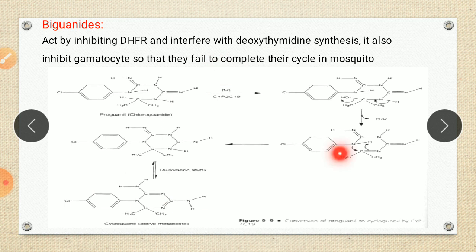So this is the activation reaction. In this reaction the drug is proguanil. In the first step there is hydroxylation. This is a hydrogen which is replaced or substituted by a hydroxyl group like this. So the first step is hydroxylation on this nitrogen, where the hydrogen is replaced by this hydroxyl group. Then the second step is removal of a water molecule. This hydrogen is removed, this bond shifts here and becomes a double bond, and this hydroxyl group is removed, that is, a water molecule is removed.